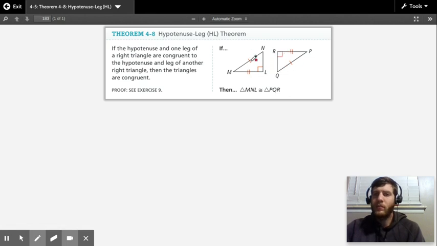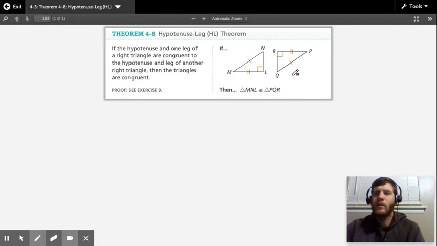The hypotenuses are congruent. Those are the sides across from the right angle. So MN is the hypotenuse in the first one, and segment PQ is the hypotenuse in the second one. So those are congruent. And then the legs are the two sides that are adjacent to the right angle. So here we just need one pair of legs that are going to be congruent. So segment ML is a leg in the first one, is congruent to segment PR, which is a leg